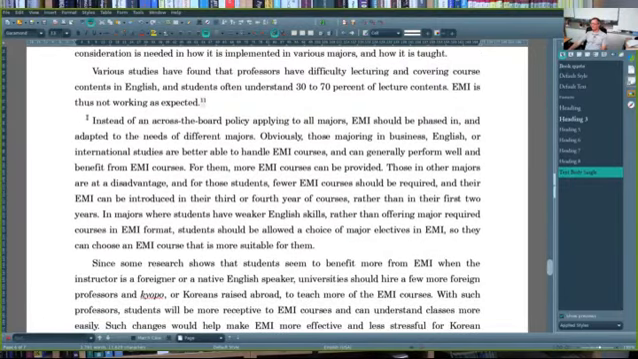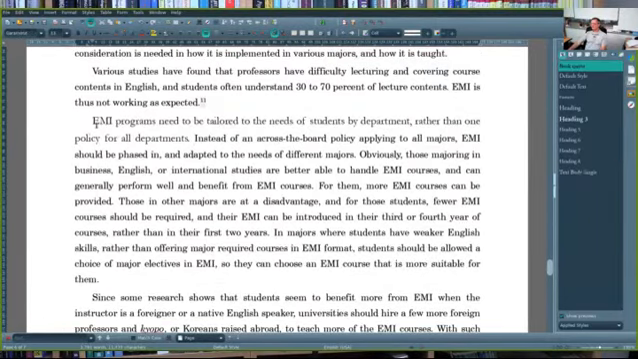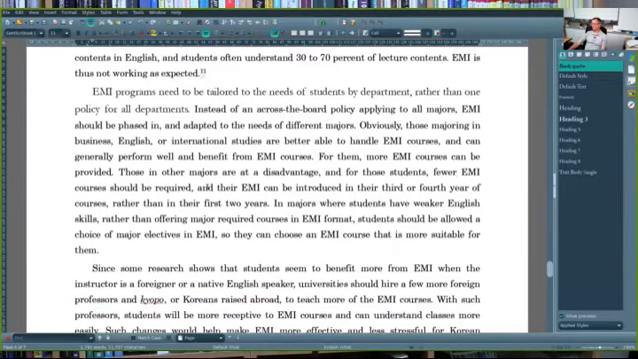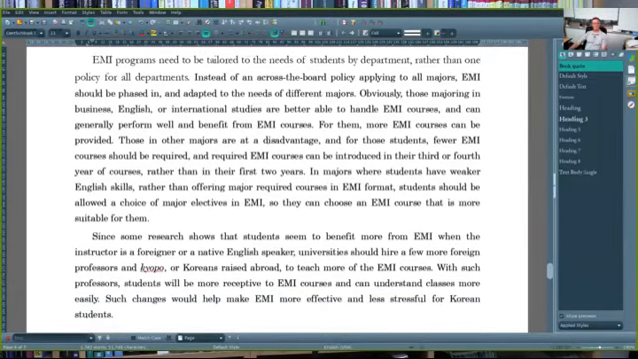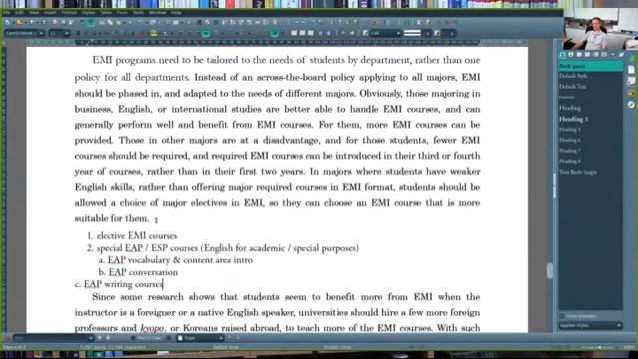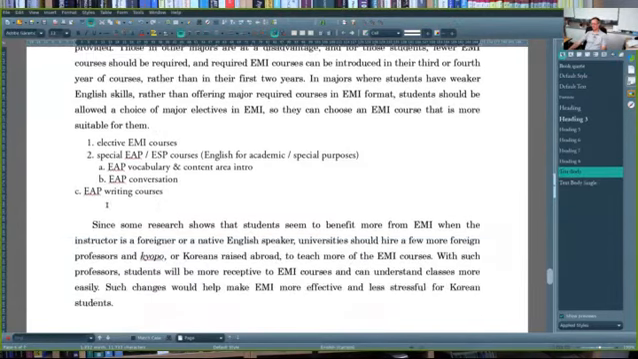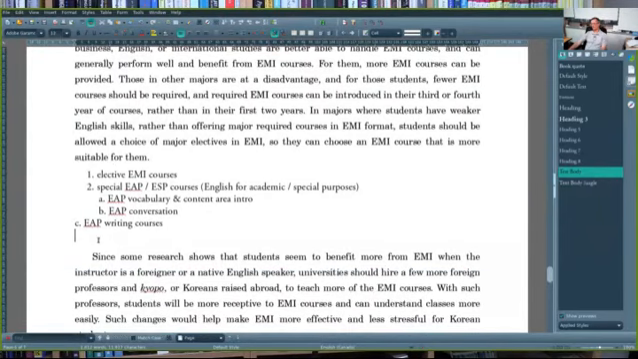Next part about tailoring it to different departments and majors. Here, I will expand this paragraph later. I will talk about those in other majors and departments. Fewer EMI courses should be required, and least required EMI courses later on. Then I'm also going to talk about maybe at some of these points in the paragraph, I will expand on these a little bit more. That could even be a separate paragraph, talking more in detail about elective EMIs and other specialized, customized EMI courses